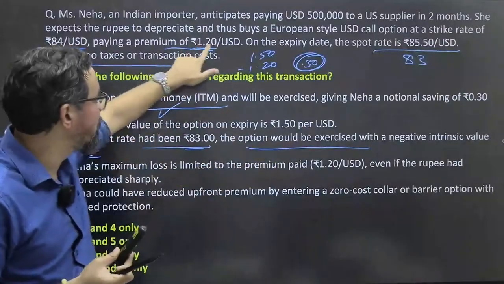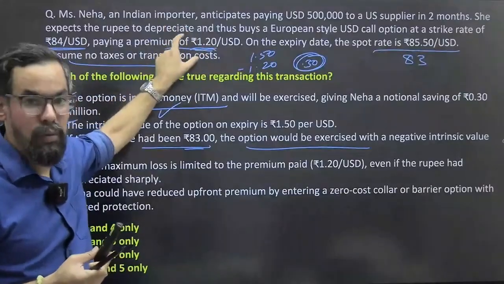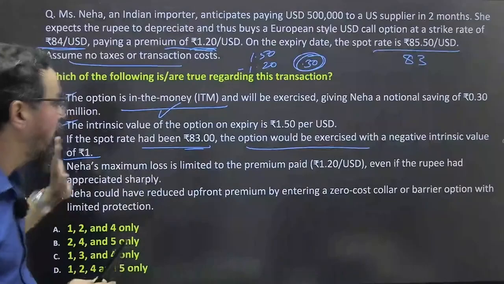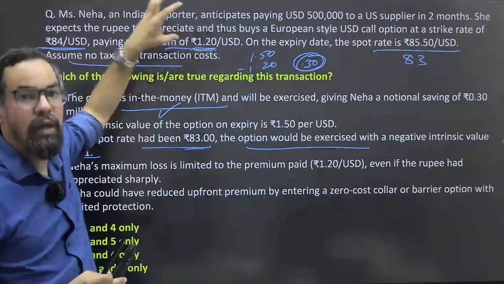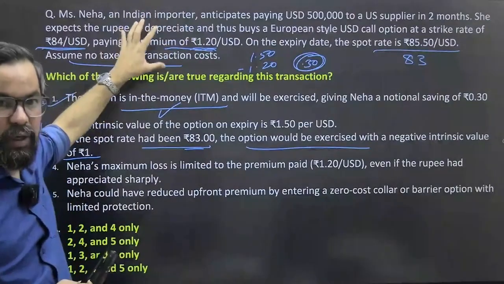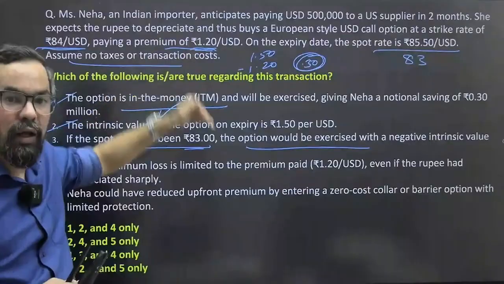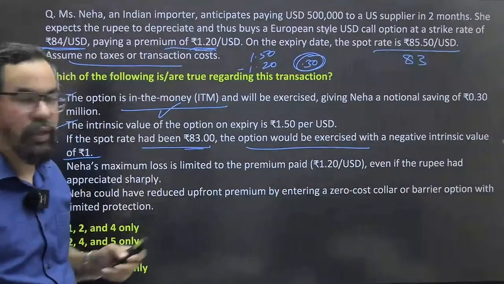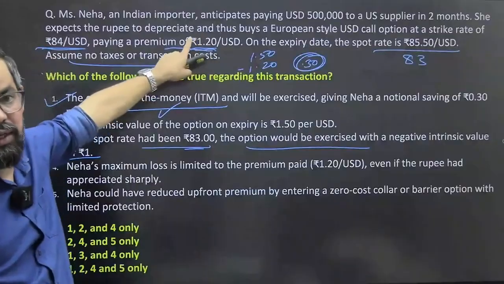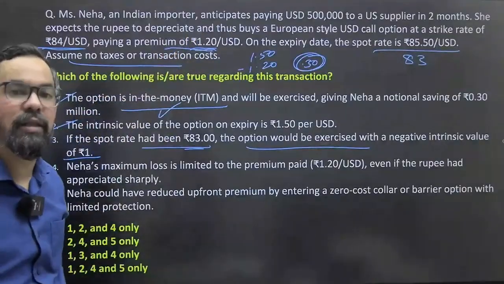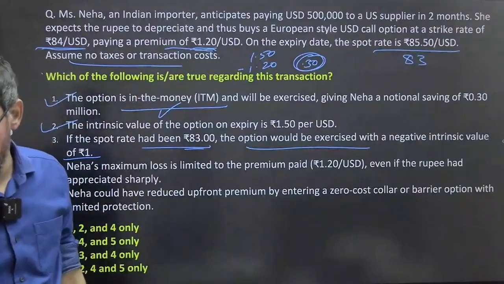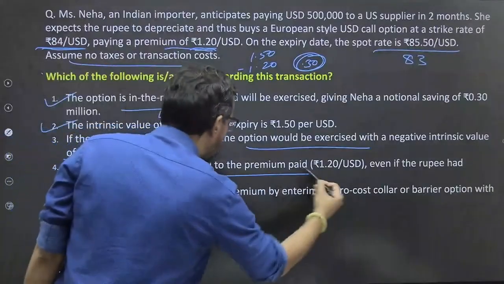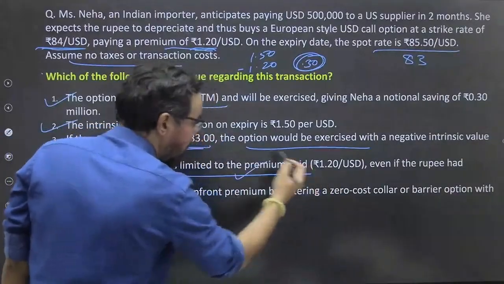The premium which is paid by Neha, this is the maximum loss। अब ये अगर उससे नीचे आता 83 होता तो उसका कोई इसमें भागीदारी नहीं है। So this is the maximum loss that Neha is going to bear in this particular situation if the dollar gets weaker। अगर डॉलर कमजोर होता तो नेहा का मैक्सिमम नुकसान ये होता, इससे नीचे कितना भी डॉलर 70 पे आता फिर भी उसका नुकसान 1.20 डॉलर का ही होता, ठीक है। Neha's maximum loss is limited to the premium, हाँ this is correct।